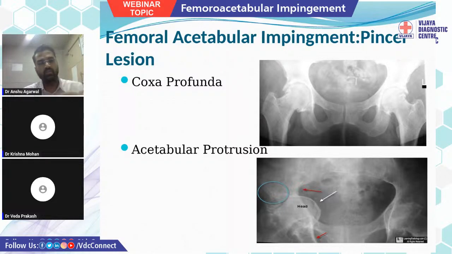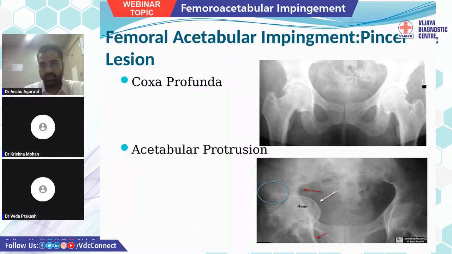Now, what are coxa profunda and acetabular protrusio associated with pincer lesion? Both of them are deep-seated pockets of the acetabulum. Now, how do we differentiate them? In coxa profunda, we can see